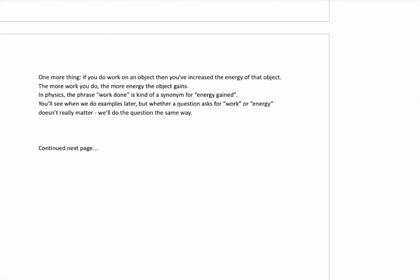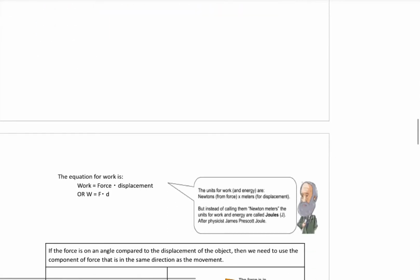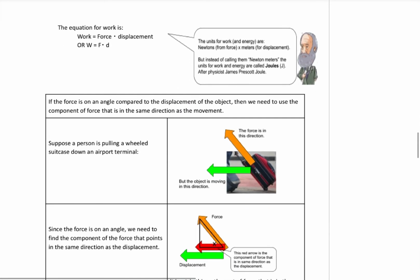So bottom line is, I've said it out loud, but I'm typing it here. Work done is related to the energy gained. In the examples that I give you to do next, sometimes I'll say the word work, sometimes I say the word energy. You'll just have to think about what's given and what equation works best. That'll make sense as we start doing questions. All right,